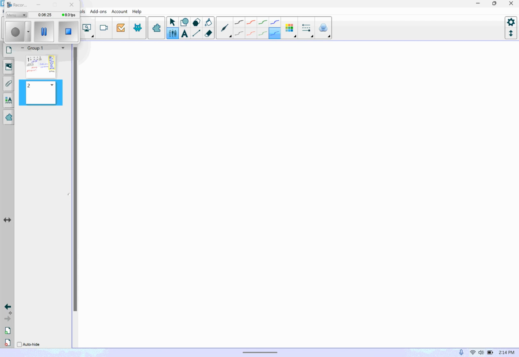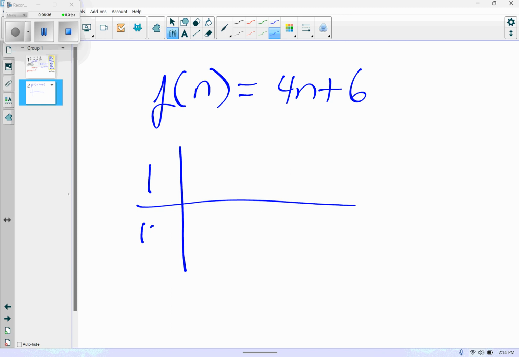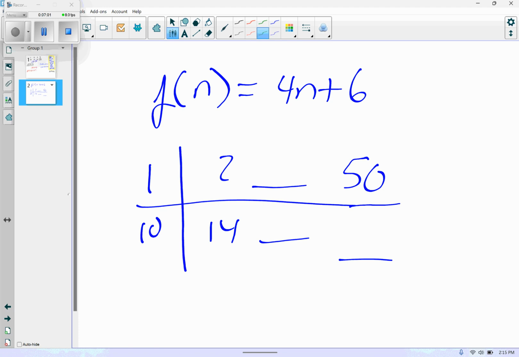All right. So the next one, they tell us they have this. F at n equals 4n plus 6. And then they have 1, 10, 2, 14, blank, blank, and then the 50th term, blank. Oh boy. All right. So it looks like on this, if I go 4 times 1 plus 6, I get 10. If I go 4 times 2, I get 8 plus 6, I get 14. So I wonder what that third term is. If I plug 3 in,